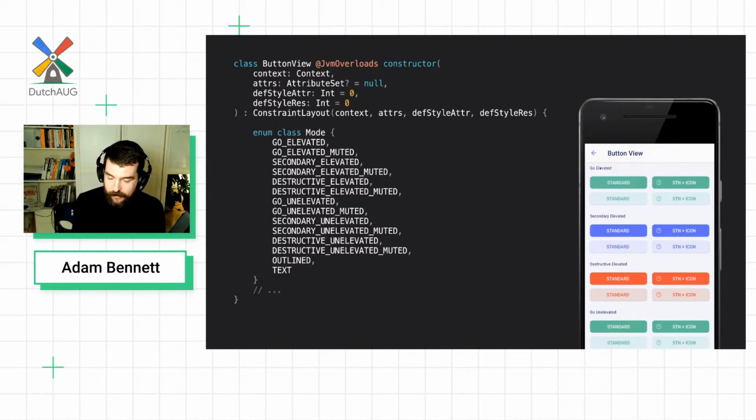They are stateful. This view is aware of what mode it's in. Styles and themes are complex and they're not type safe. It's very easy to use a theme overlay where you're meant to use a style or vice versa. And we also found that compile times are really, really long. And this was partly our fault because we did invest in data binding. We found that our compile times were kind of getting out of hand, and Compose should make a difference there as we start to replace this stuff.